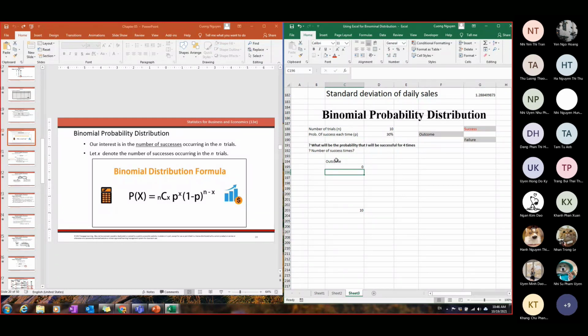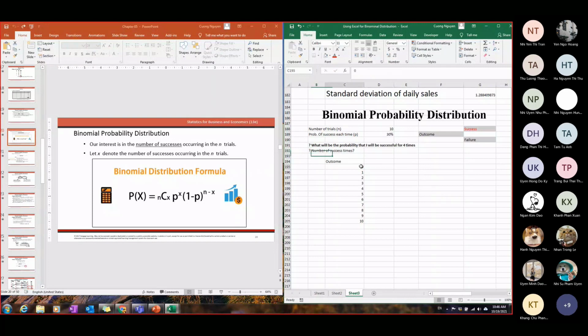I'm a very bad, unlucky guy. Even if I have 30% success each time, I fail them all. So maybe I cannot make it even 1 time, but maybe 1 time, maybe 2 times, 4 times, 5 times, 6 times, 8 times, and up to 10 times, for example. Okay, so this is the outcome for the number of successes, from 0 to 10, because I try 10 times. Maximum I can win 10 times.